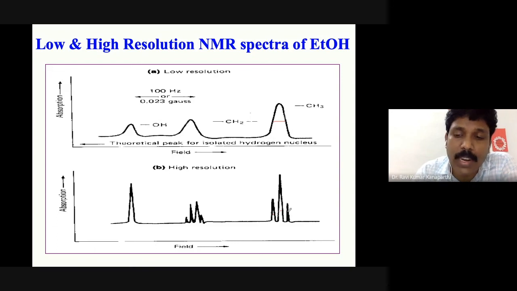Okay, the splitting pattern of the compounds we will come to later, but for the time being you can remember that a high resolution instrument will have smaller FWHMs. That means the resolution is good. Whereas the lower ones will have high FWHMs. That means you cannot correlate the information, especially for molecules having close chemical shift values. You cannot do the experiment with that type of sample using low resolution NMR spectrometers.